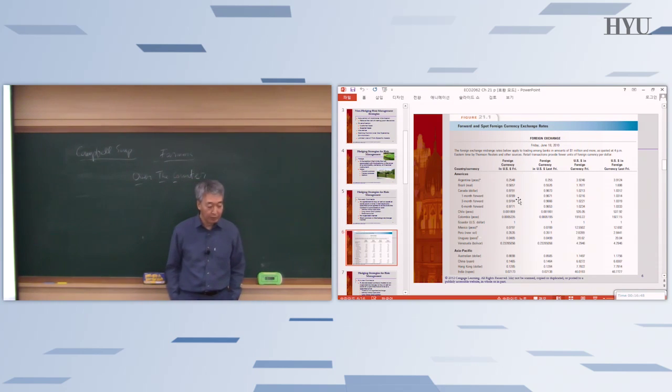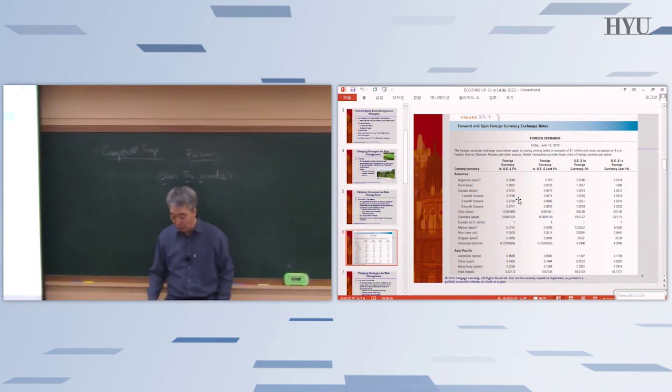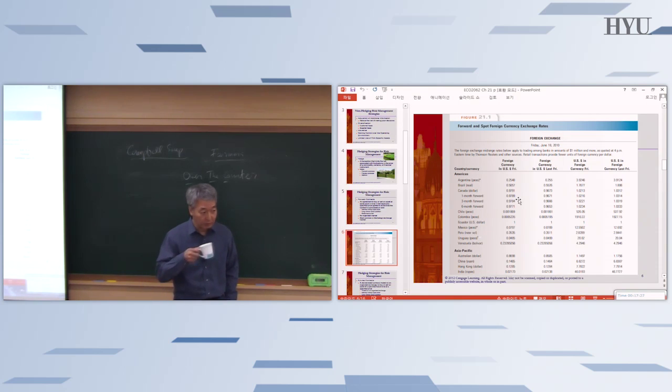forward, in that sense, right? And actually what happens is right now it's 97.9, but 1 month forward is 97.89, slightly lower. What does that mean? The market thinks the US dollar is going to appreciate within the next month or so, right? That's why you have to pay slightly less to purchase 1 month forward, okay? You can agree